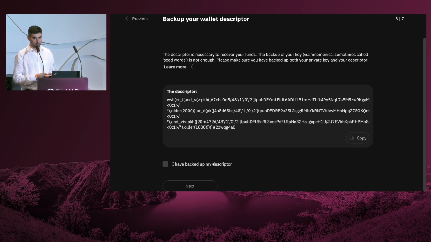People often think that when they have a 2 out of 3 multisig and they lose one key, they still have their 2 other keys. But actually, even if you have 2 out of 3 keys and you do not have the descriptor, your funds are locked. You cannot recover them.